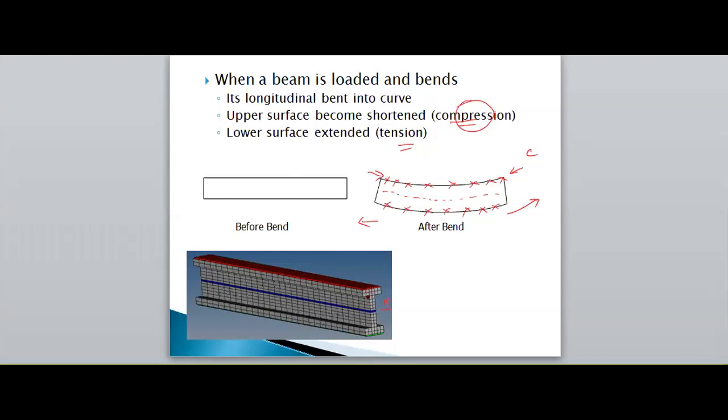And the layers, upward layers, these are the layers. So the layers feel a compression. If I move from the neutral axis to the topmost layers, it feels a compression. If I move in this direction, downward direction, it feels tension. So when an external load is applied on the beam,